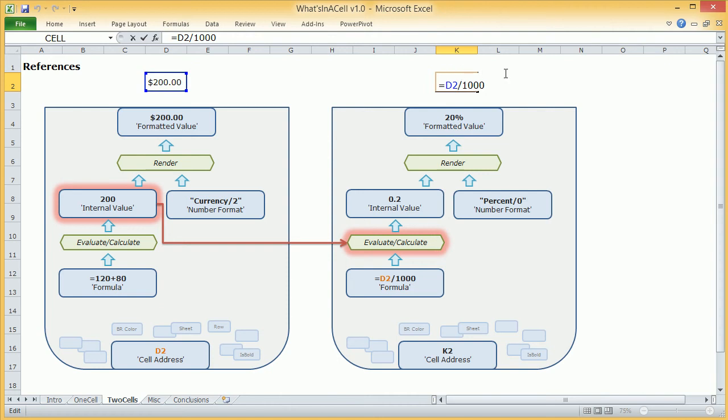And what's really important here, and the reason I'm showing you this graphic, is that when you hit enter after you've entered the formula, and Excel goes into the evaluation process, when it goes to grab something from D2, it doesn't go up here to grab the formatted value. It goes and grabs the internal value, right? So that 200, before we've put the dollar sign in front of it and added some